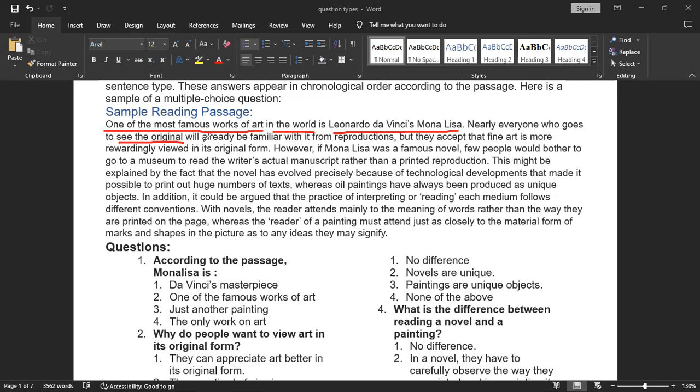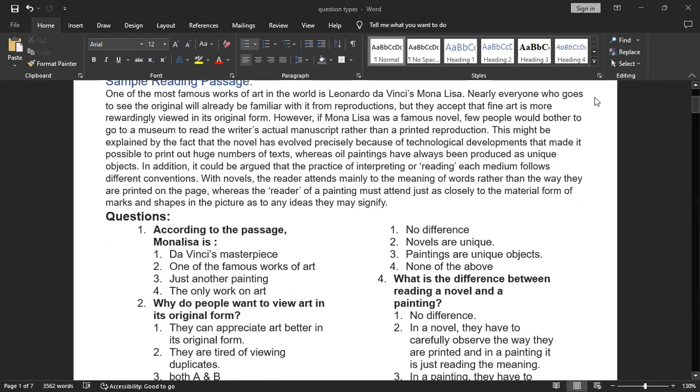So মানে কিছু গ্রুপ অফ ওয়ার্ডস আপনি ডিভাইড করে নিলেন। Then nearly everyone who goes to see the original will already be familiar with it from reproductions, but they accept that fine art is more rewardingly viewed in its original form. So আপনারা ভেঙে ভেঙে ট্রাই করবেন যে যাদের ফ্লুয়েন্ট রিডার না, ভেঙে ভেঙে ফ্রেজেস আকারে বা গ্রুপ অফ ওয়ার্ডস আকারে যেন আপনারা পড়েন। এতে হয় কি, ইজি হয় আপনার জিনিসগুলো বুঝে নিতে। Now, আমরা প্যাসেজটা তো পড়লাম।